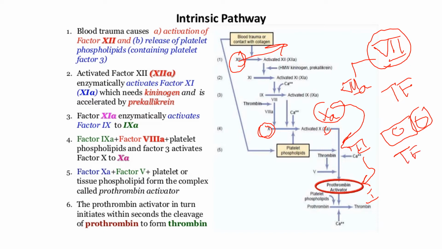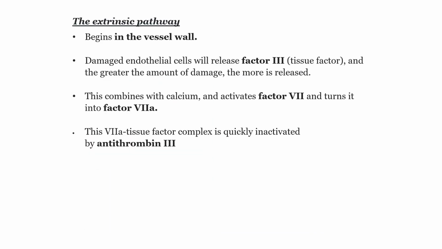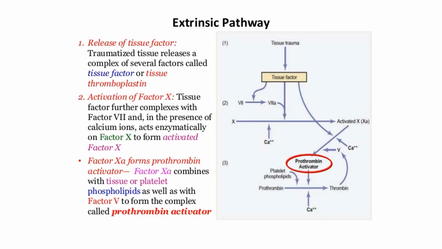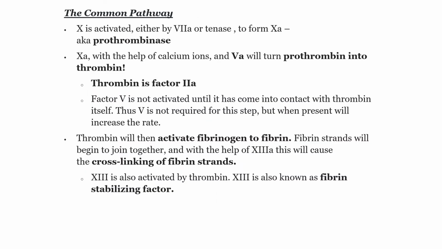So you have the intrinsic pathway and the extrinsic pathway. The extrinsic pathway starts with factor 7, the intrinsic pathway starts with factor 12, and you have the common pathway which starts with factor 10. So you have extrinsic, intrinsic, and common. The extrinsic and intrinsic pathways meet at the common pathway. The common pathway starts with factor 10, then factor 10 will activate factor 2, and factor 2 will activate factor 1,